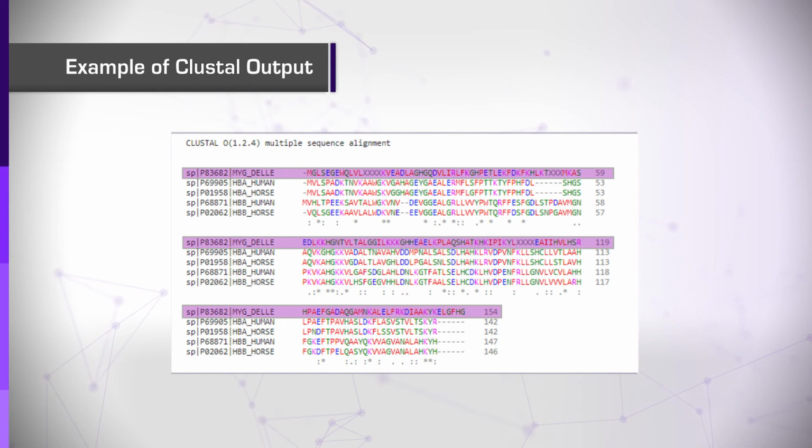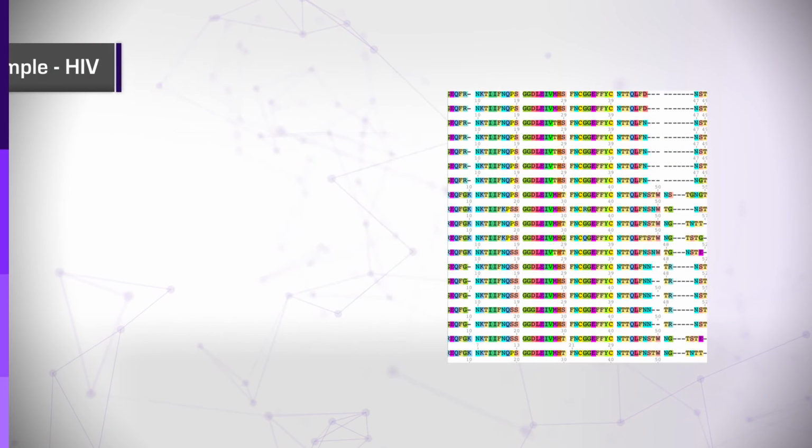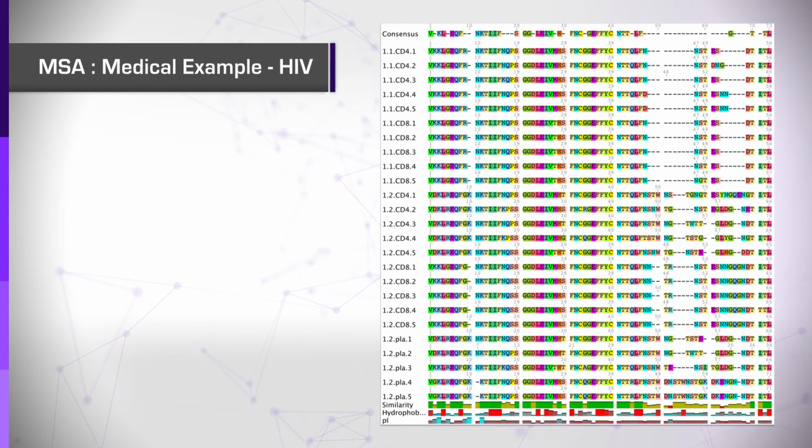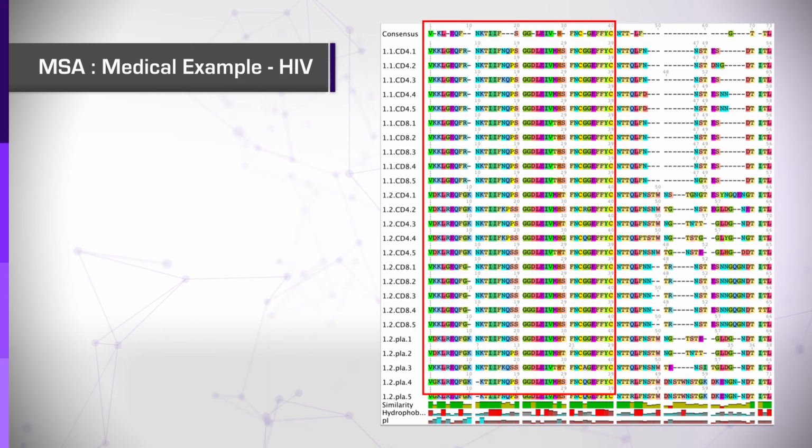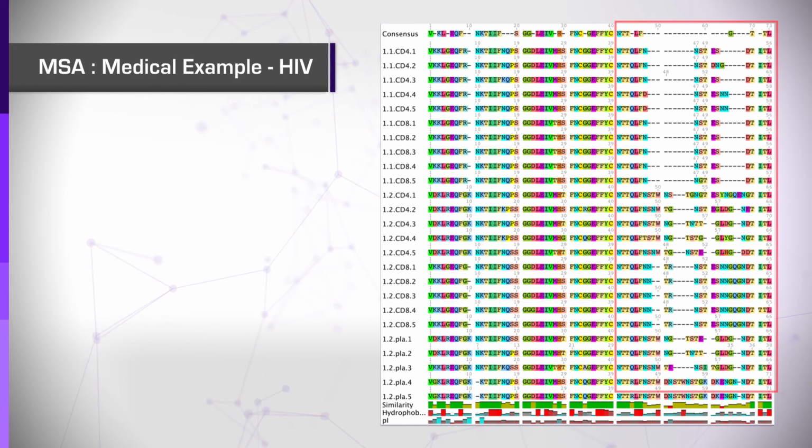What can we learn from MSA analysis? Let's look at one example showing an MSA of a section of the GP120 envelope protein of the HIV virus. The study aligned sequences from different patients and from different stages of the infection in these patients. Without going into great details, it is clear that the left N-terminal side is highly conserved between all proteins, while the right C-terminal side is much less conserved, and many of the sequences contain many gaps.